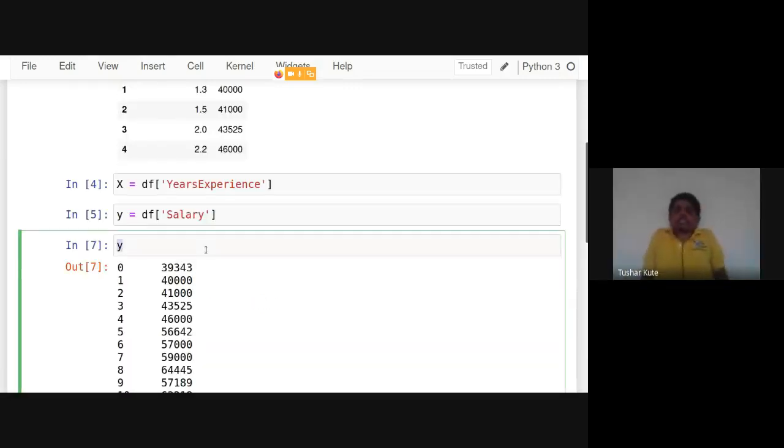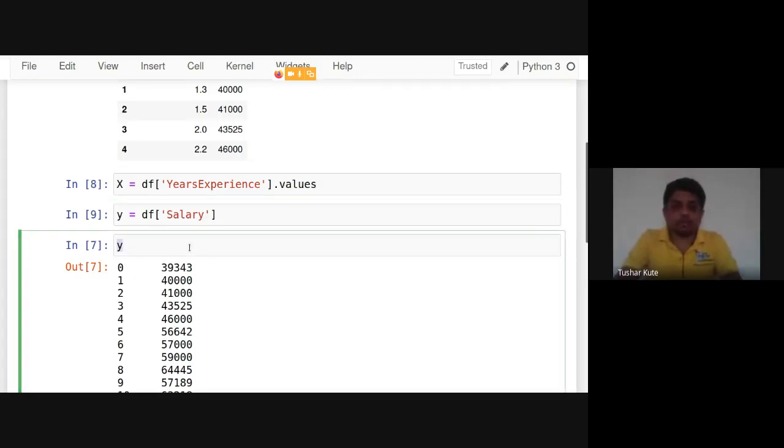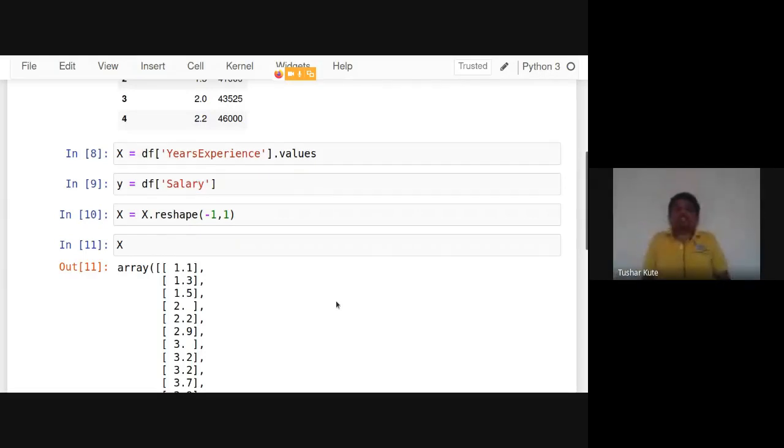One more thing to know, that the data set that you are giving as input to any machine learning algorithm should be in a two-dimensional format. So to do this, there is one modification that I want to do. I'm converting that into array format like this, and then from array format I will convert it into two-dimensional format. There's a function called reshape, which is used to do this operation, -1, 1. And if you check this, the 2D data is created here. One column and 30 rows are there. Total 30 rows are present in this data set that we can observe now.